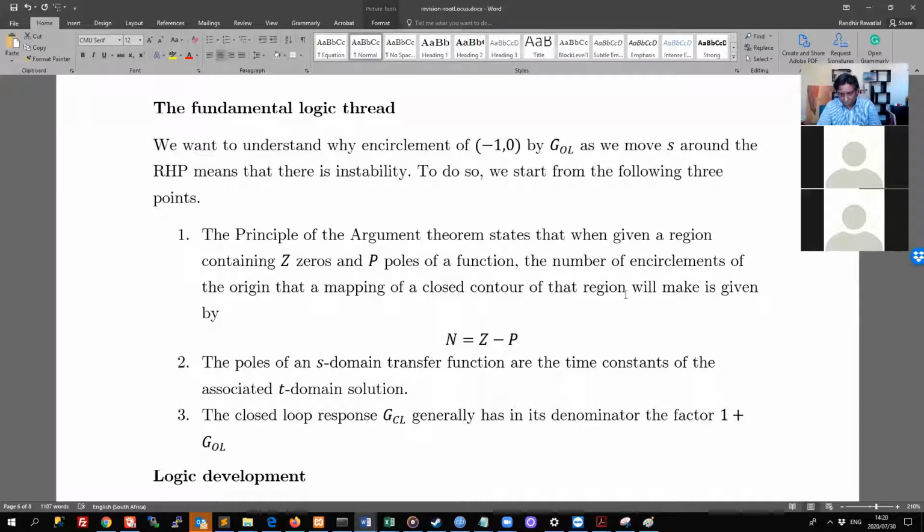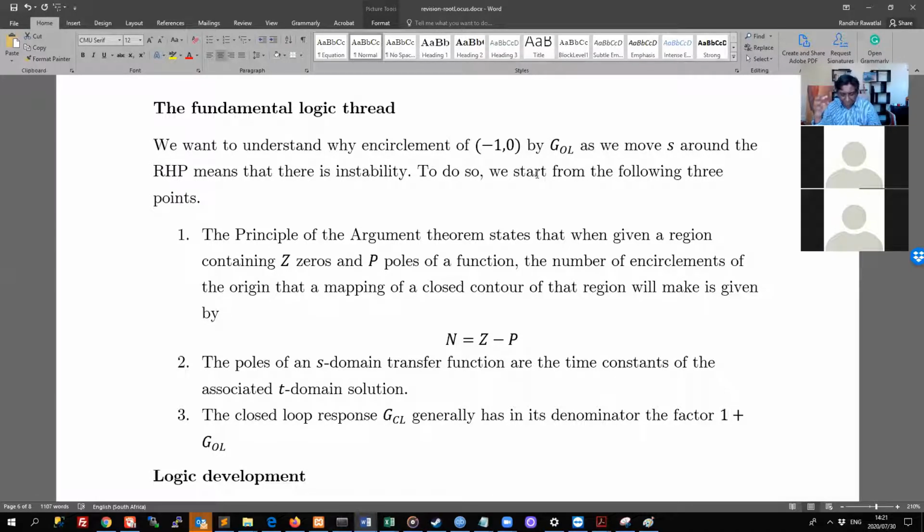Everything we're about to talk about here is, I think, in video 05, something like that, but we are going to talk now about this encirclement of the -1, 0 point, because there are actually a number of different contributors before you are able to rigorously say why this is true. So there is this logic thread, and